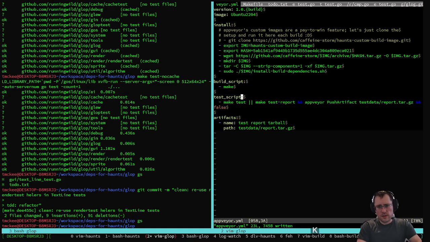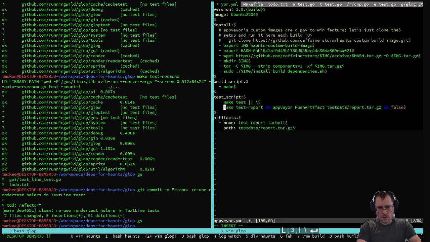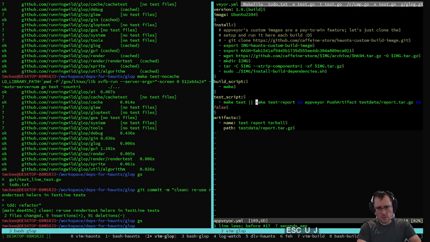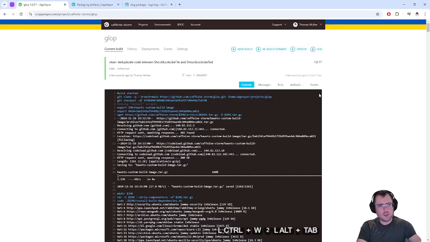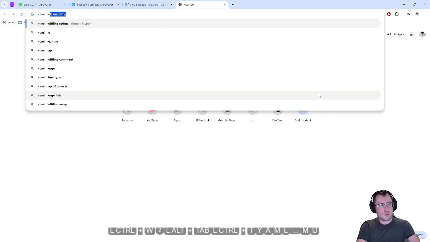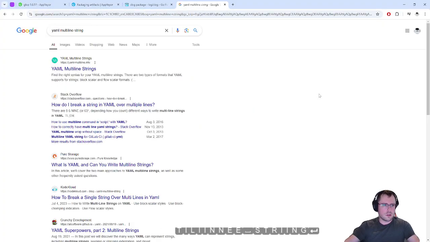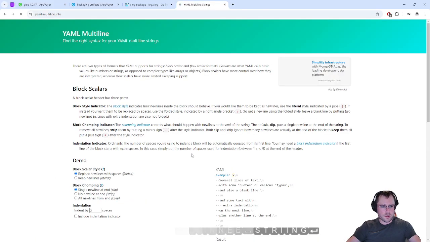All right. Is there an easier way to look at this? Because it's a long line. I don't like it. It probably is, but let's not worry about it right now. Let's worry about it right now. It shouldn't be long. YAML, multi-line string. There's like 7 different ways to do it, but maybe what I want is